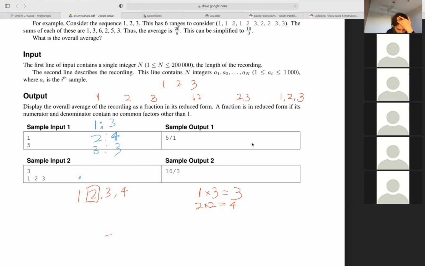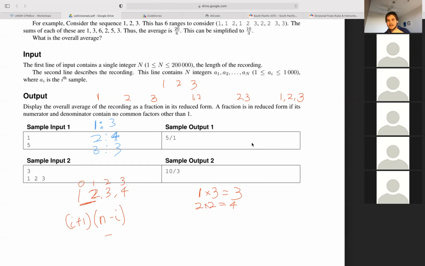And so if we zero index these numbers here, then each number at index I appears in I plus 1, which is just how many numbers appear at or before it, multiplied by n minus I. This formula here is just precisely what Dallas said, which is the number of elements to the left, including yourself, and the number of elements to the right, including yourself.